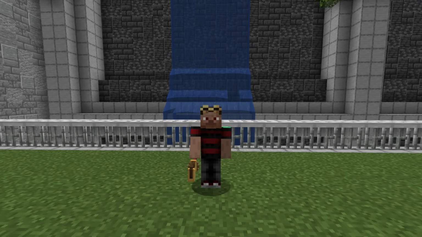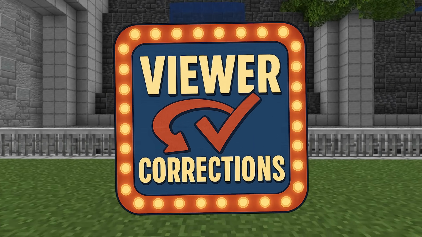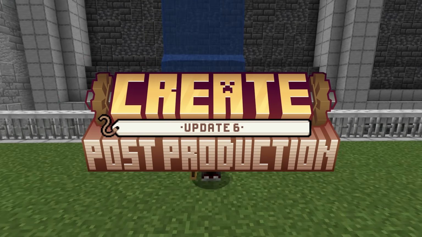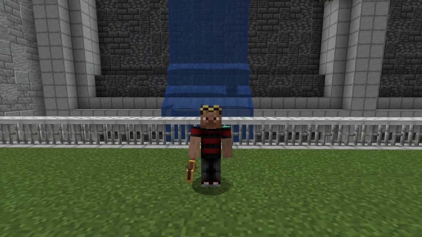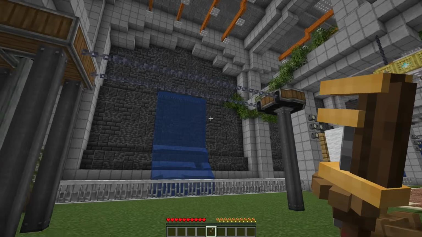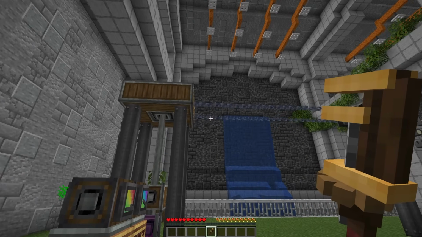Welcome to a new segment I'm calling Viewer Corrections. In my last episode of Mod Labs, we covered the Create Post-Production Update 6, which added a whole bunch of crazy, cool, new groundbreaking features. One of these features was the chain conveyor, which allows you to move cardboard boxes and yourself all around your